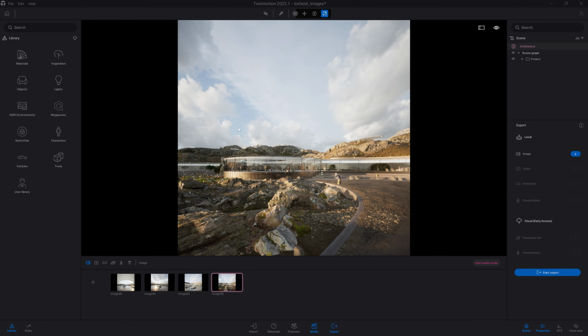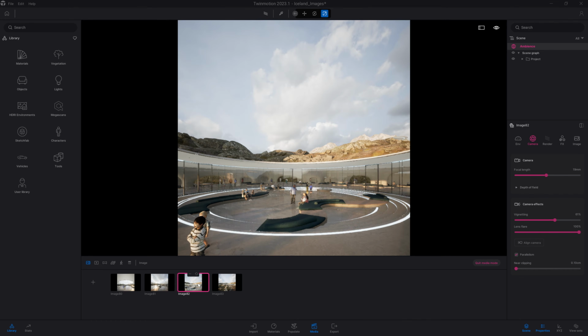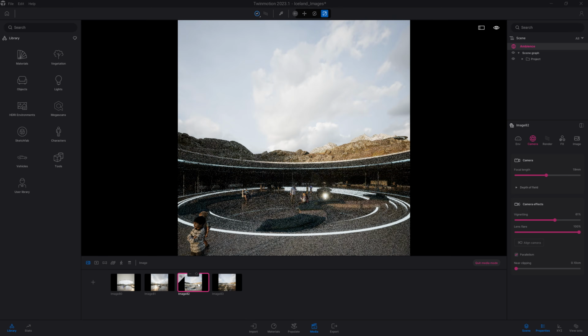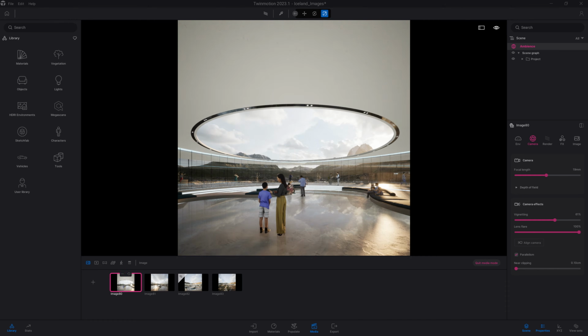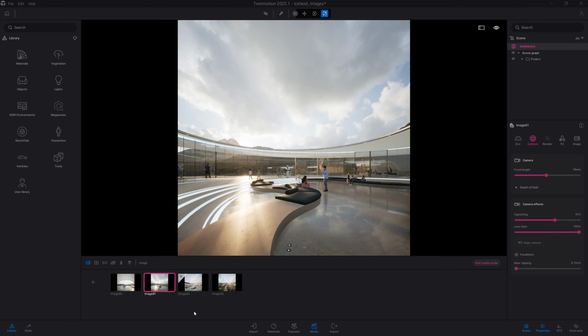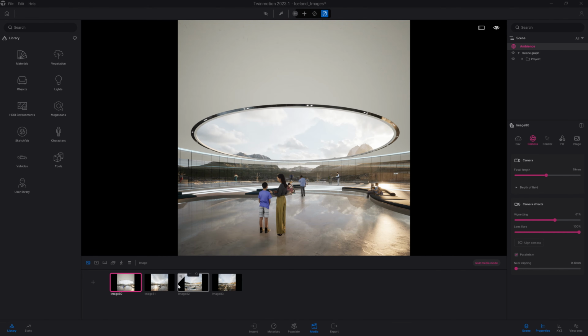Talking about that, let's actually come back to our media and turn the path tracer on one of those images. So let's maybe select this one. To turn on the path tracer on that specific image, I'm going simply to press R on my keyboard. You can also click on the shortcut at the top of the screen here. So here now we have 3 images that don't have the path tracer enabled and 1 image with the path tracer. You can tell that by the icon in the top left corner of that media thumbnail.